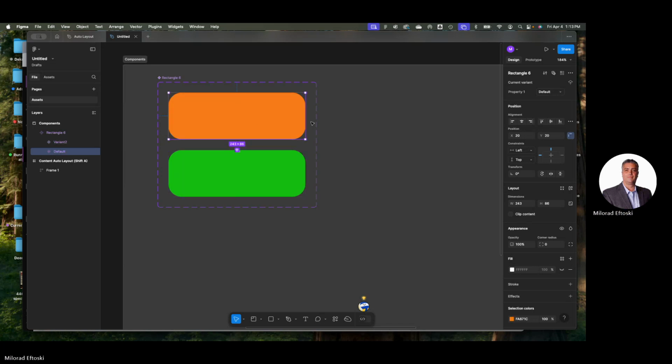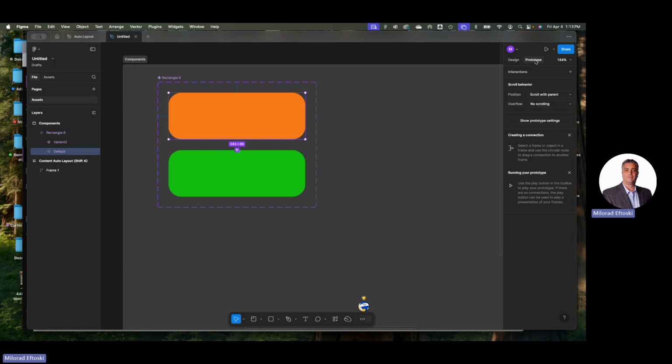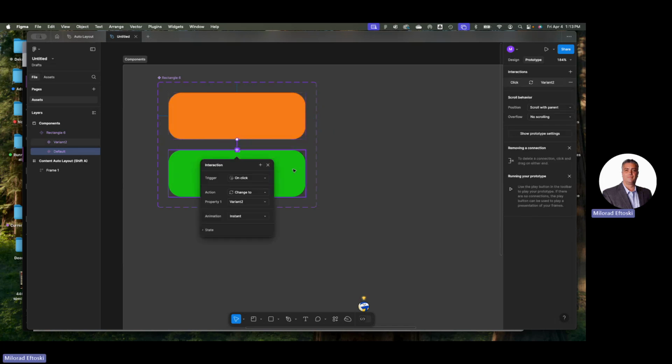Right? So if you go to prototype, so prototype's the next tab over. This is when you have to now create the interactive state with the components. So I'm going to drag this, remember the edge of the box? Drag and drop. So I want to connect the orange to the green. And what should happen? Well, on click,